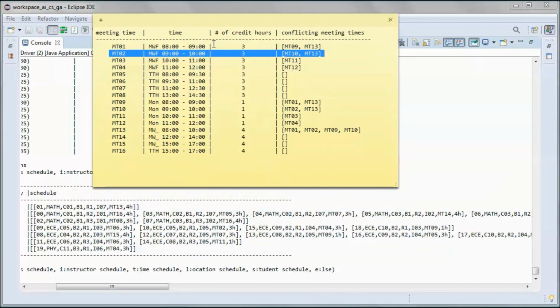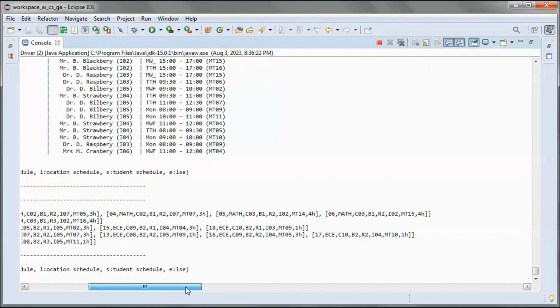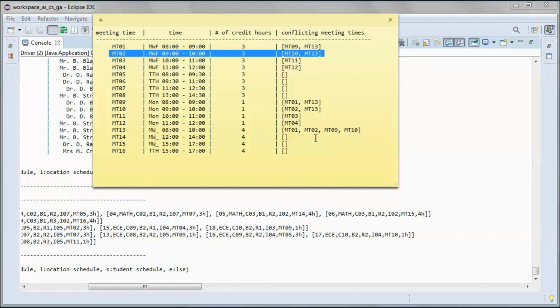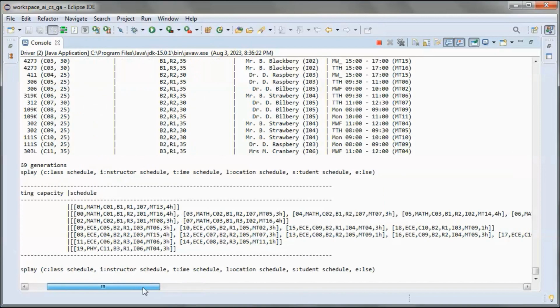So here meeting time 16 doesn't have any other conflicting meeting time, and 05, same thing, and 07, same thing, and 14, same thing, and meeting time 15, same thing, no other conflicting meeting times.